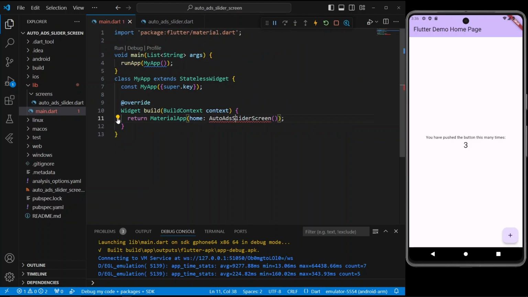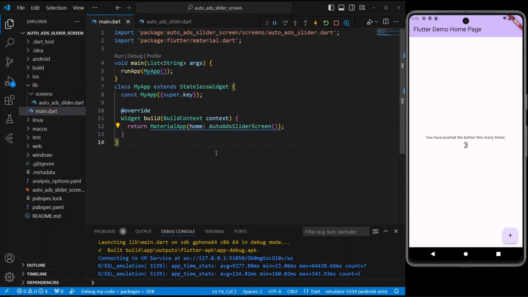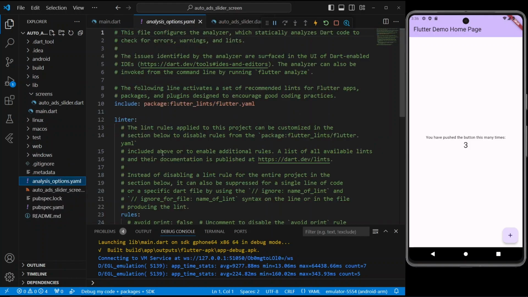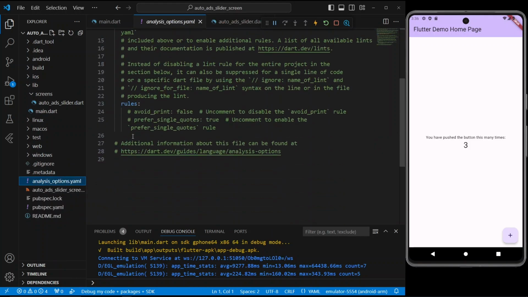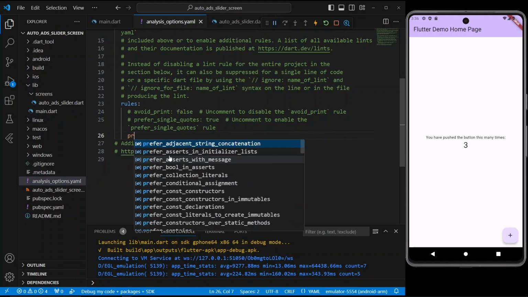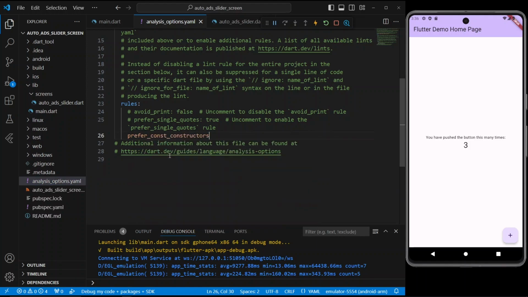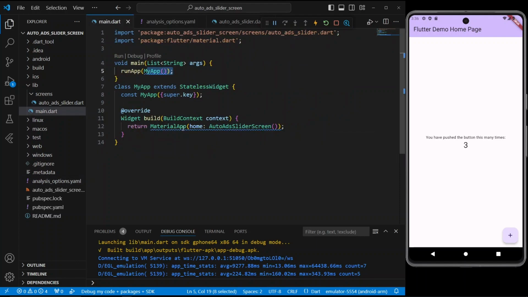Import the home screen, which is linked to the main file. These lines are showing const constructor errors. So go to the analysis options file where we fix the const constructor errors. Perfect.